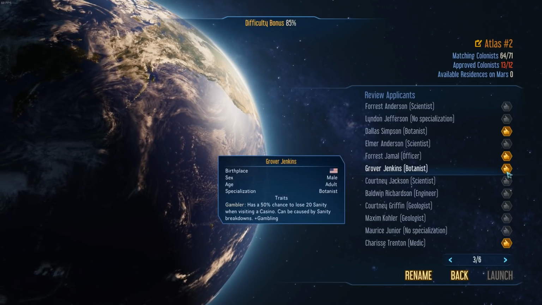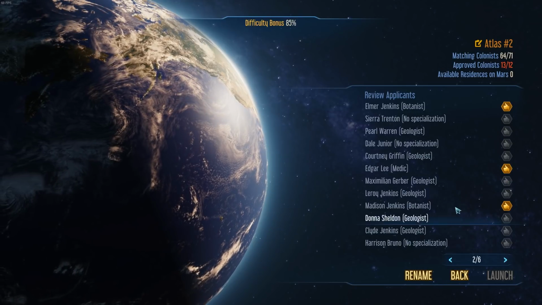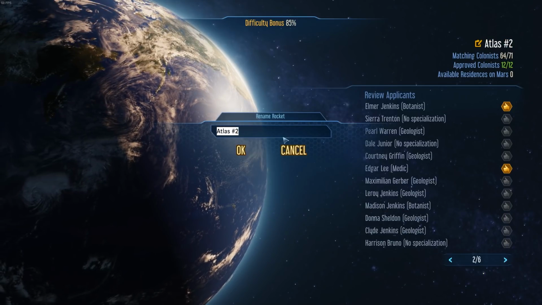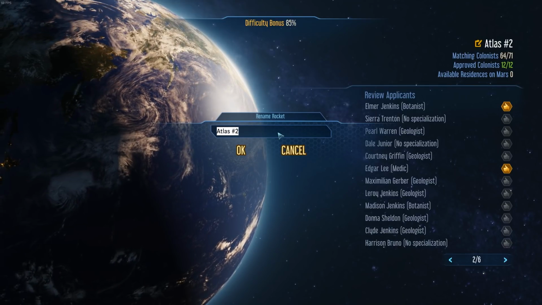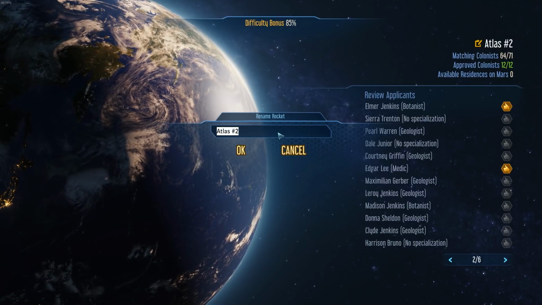now let's take a botanist off. But find one with a crappy trait. Lazy. Bye, lazy man. And you are going to be called the. Let's call you. Oh, I'm so bad at this sort of thing. Let's call you. Oh